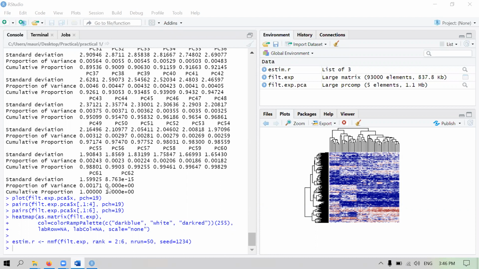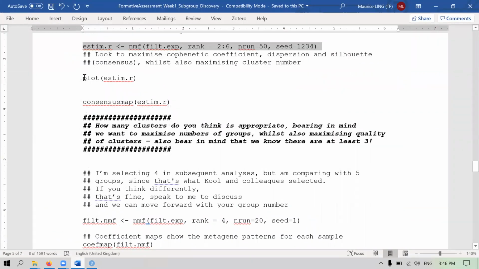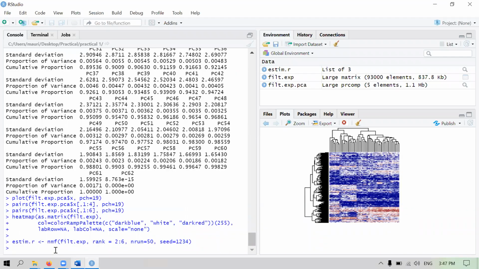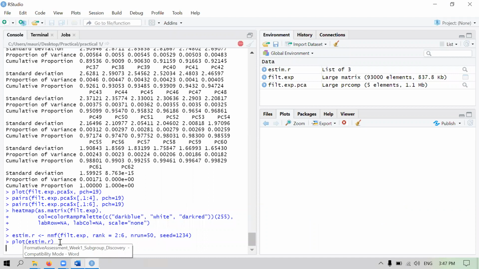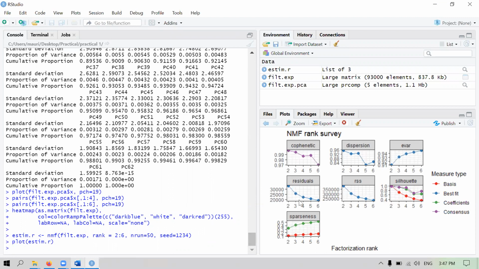Okay, so the next thing is we want to see what is inside here. So you use a plot to plot it and see if you can find anything out from it. What it does is it will plot between 2 to 6 groups, and we want to see the residuals, meaning the error after each grouping. Does it drop? So we do not see any significant drops here,